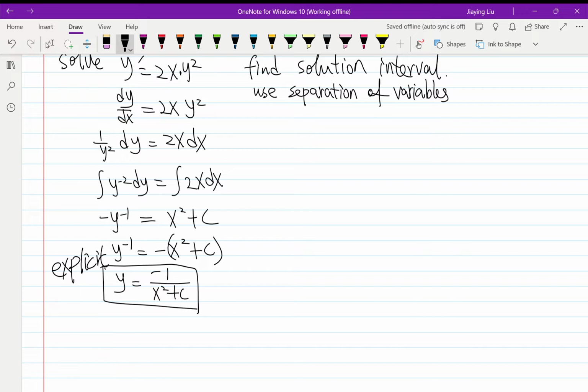Okay, so how do we find the interval of x values that will make this function valid? What do we do? How do we find the interval of x? Normally when you find the interval of x, you really just look at the solution and try to figure out which x value I can put in there and which x value I cannot put in there. In this case, because x is in the denominator, we really just have to be careful with the denominator not being 0, right? So, to find the solution interval,